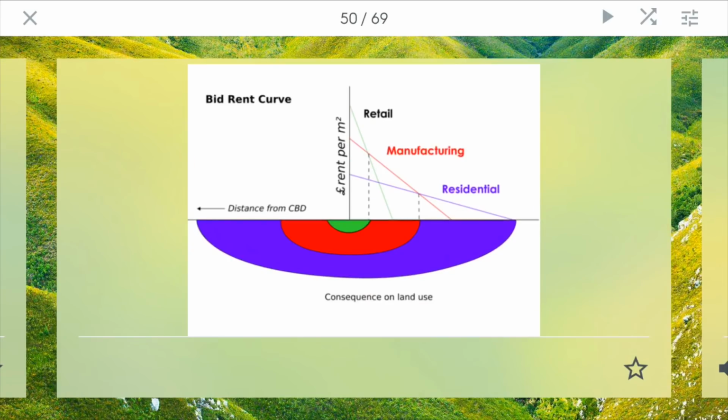Bid rent visual. So as people go further from the CBD, people generally start to pay less. This is generally kind of like suburbs where everything starts to cost less the further you get away from the center of the city. And we see that city living truly does cost more.